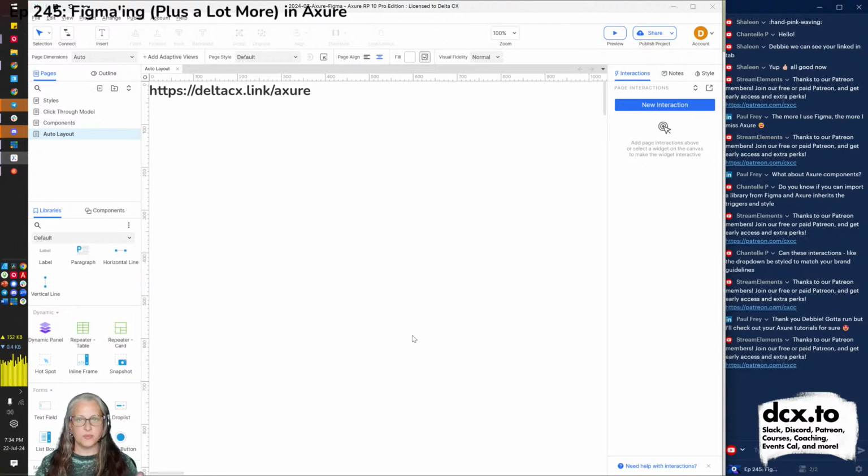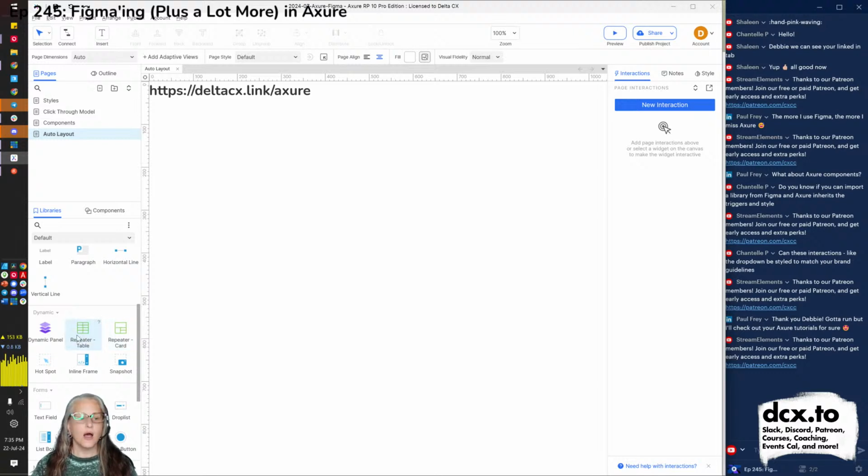It doesn't matter whether you pick repeater table or repeater card. A repeater is Axure's kind of version of auto layout in that you're saying, look, I have a set of data. My data has words, my data has images, my data has interactability, and it always lays out a certain way, and I want you to repeat that layout. Sound familiar? So let's take a look at the way Axure does this with both repeater table and repeater card.